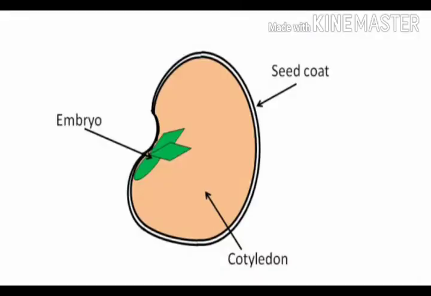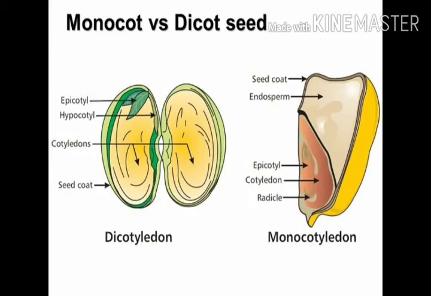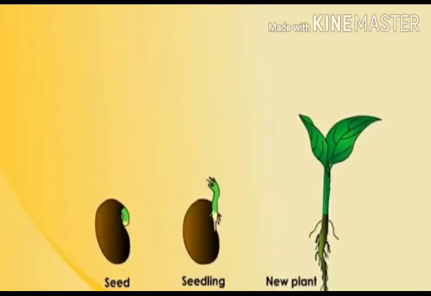The leaves of the seed have food stored in them, and the baby plant uses this food to grow till it has leaves and can make its own food. Some seeds like rice, wheat, maize have only one cotyledon. That is known as monocot. Whereas seeds like peas, beans, gram have two seed leaves, known as dicot. The baby plant remains inside the seed till it gets favorable conditions to grow.